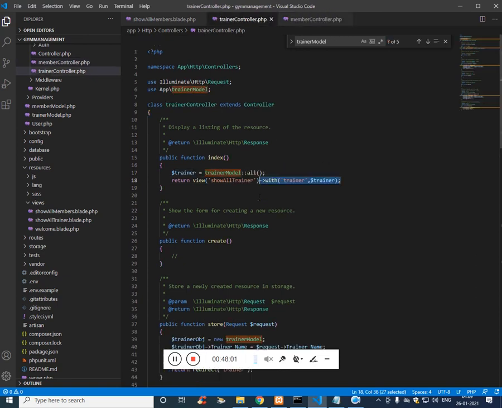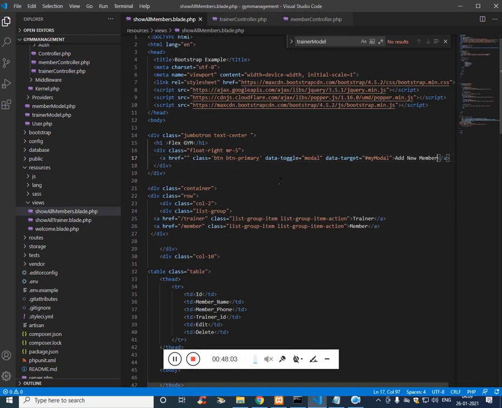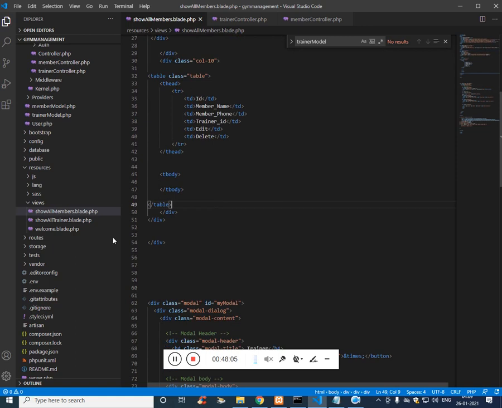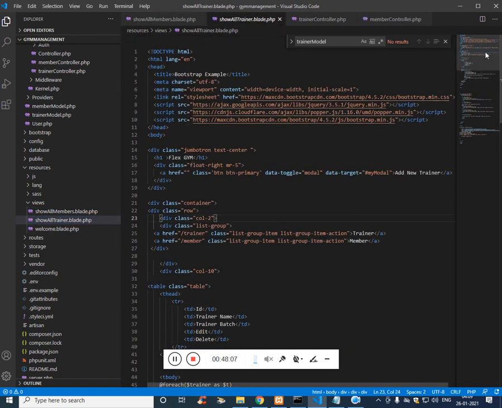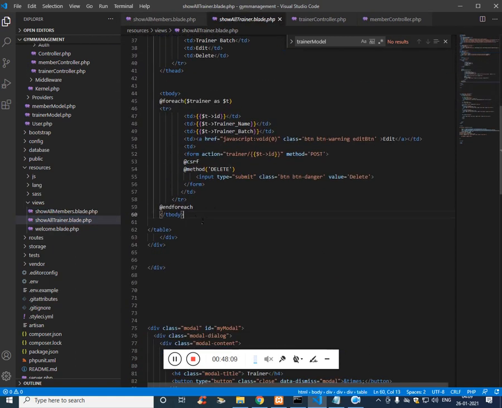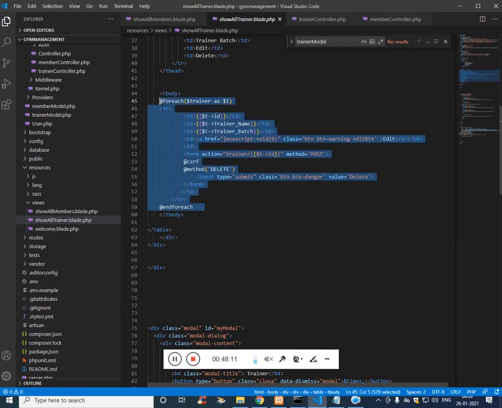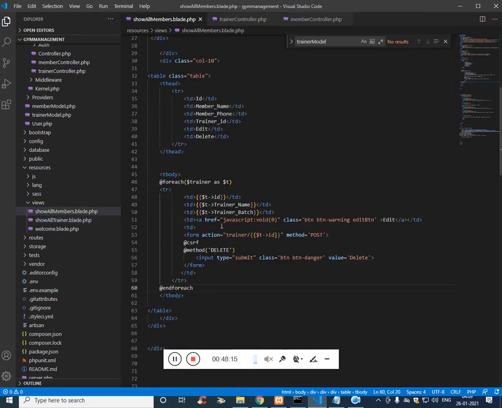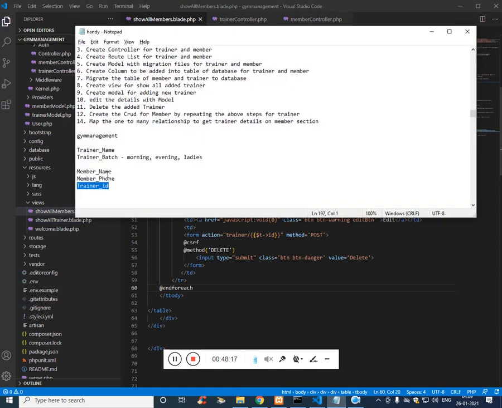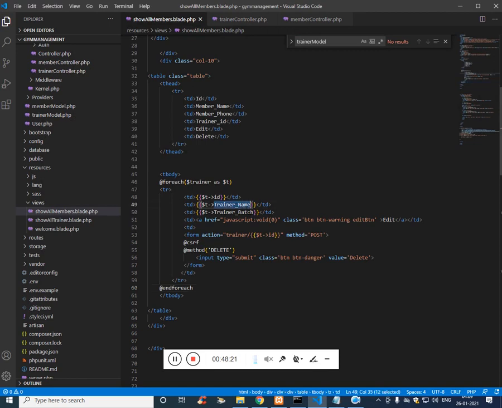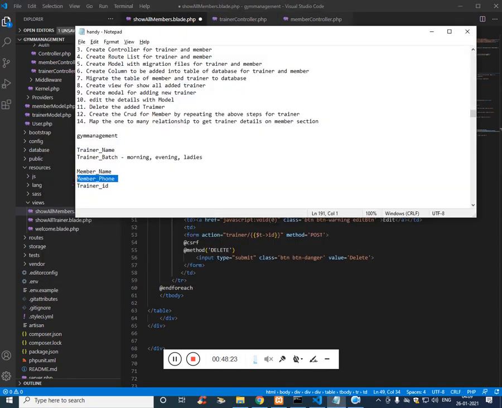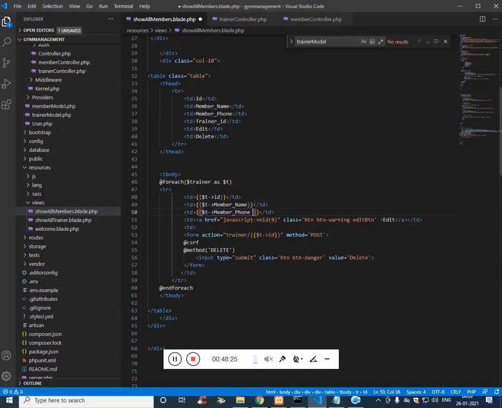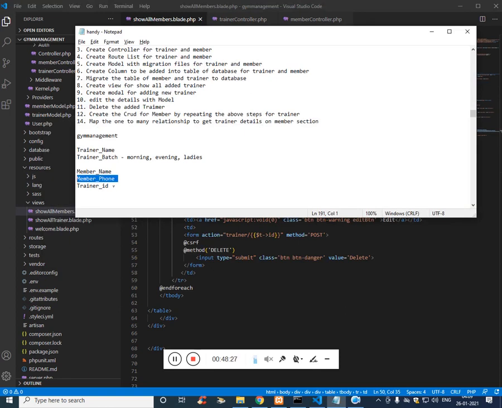Now with the help of foreach, we can display this value inside tbody. So here what are the column names? Member name, member phone, and then we have member ID.